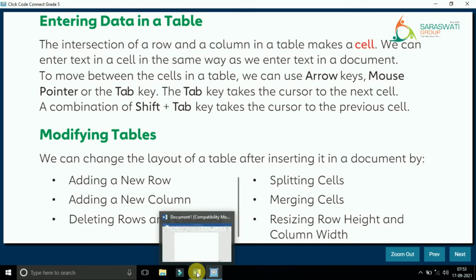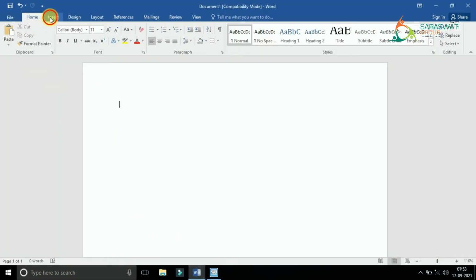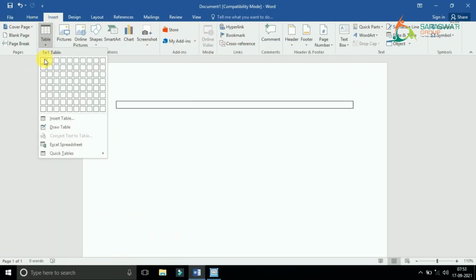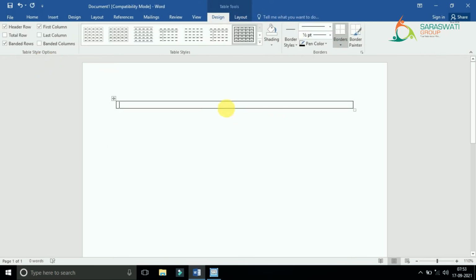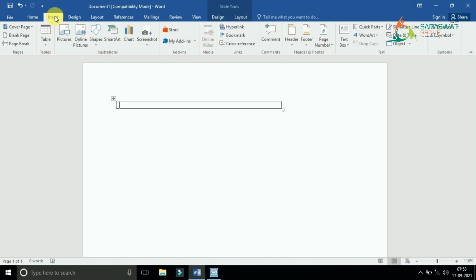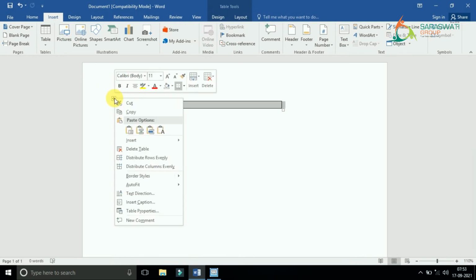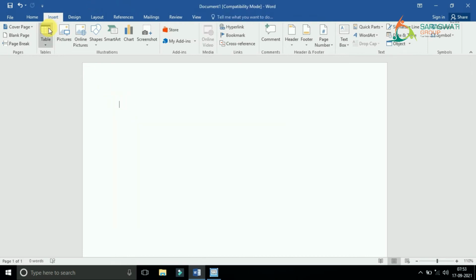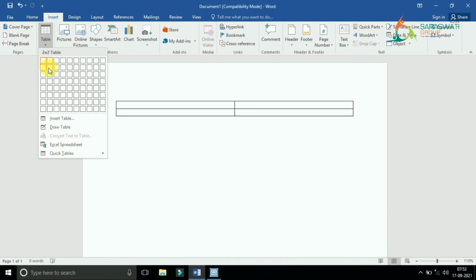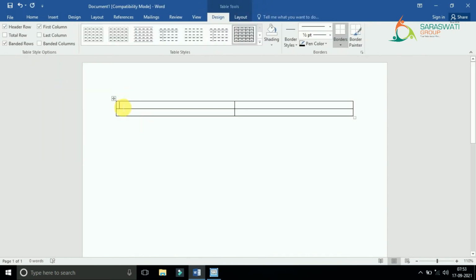Now that is a question. See, I am inserting a table. Right, so what is this? There is one row and one column. Okay, fine. Now let me insert one more, so you can have a better idea of a cell. Right, see, this is one line which has one horizontal line as well as a vertical line.